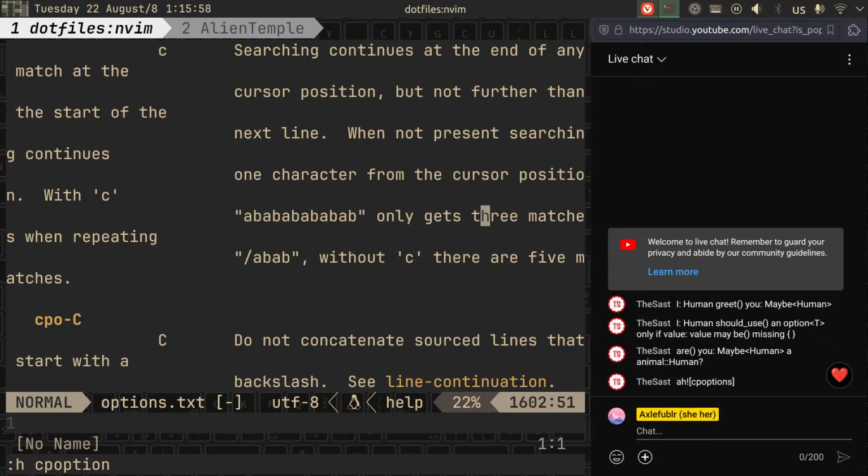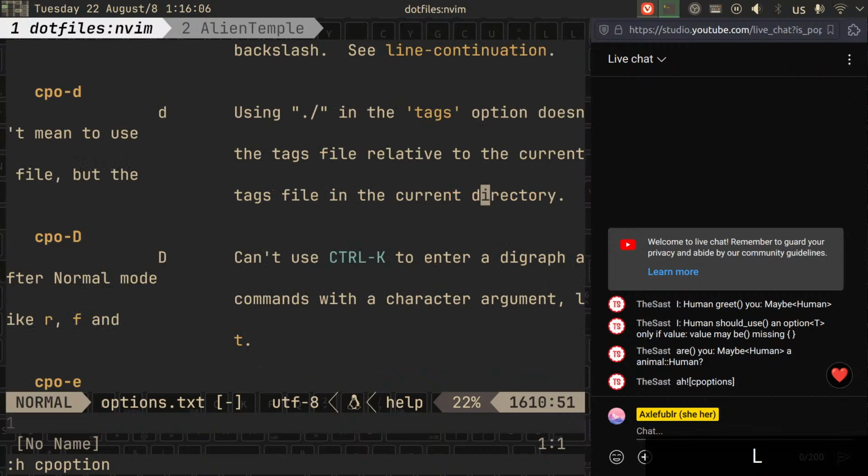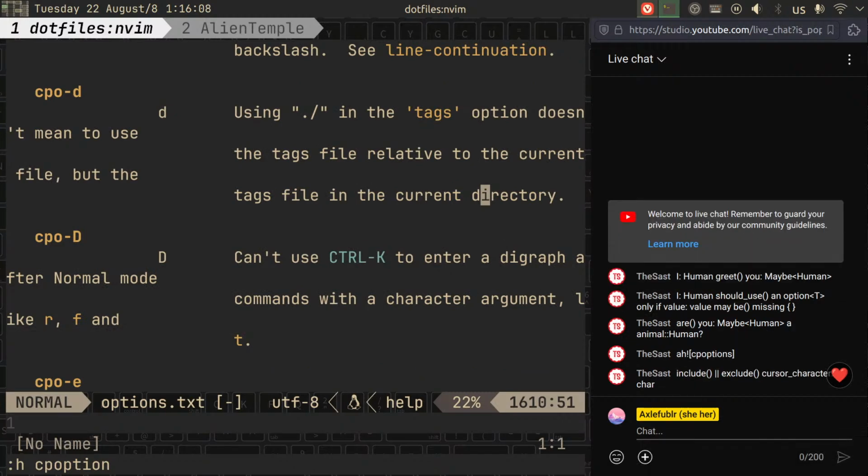I do not get this at all. I don't understand what it means. Do not concatenate source lines that are started with a backslash. No clue what that means. Using in the tags option, include or exclude cursor